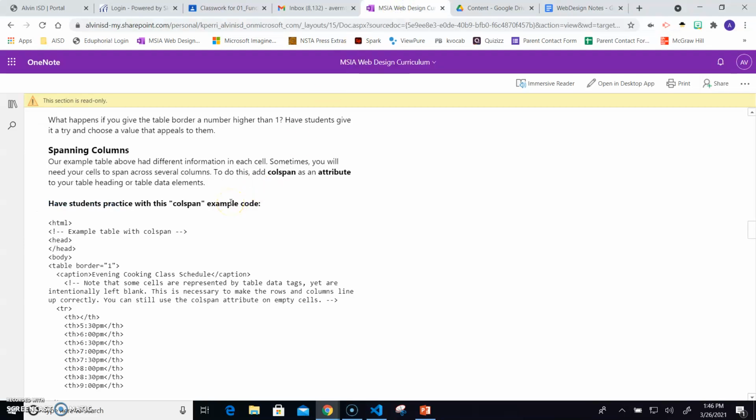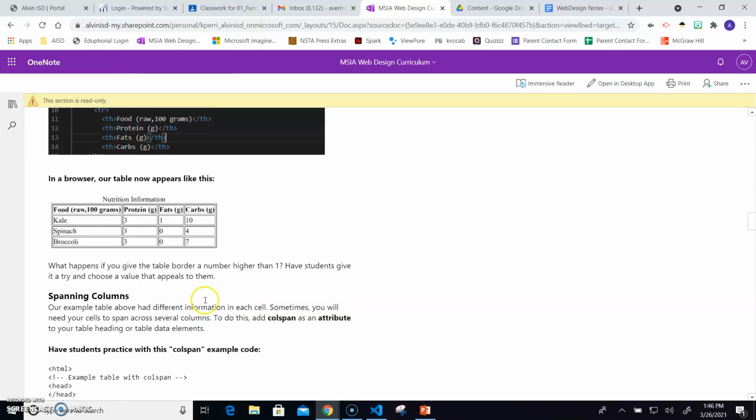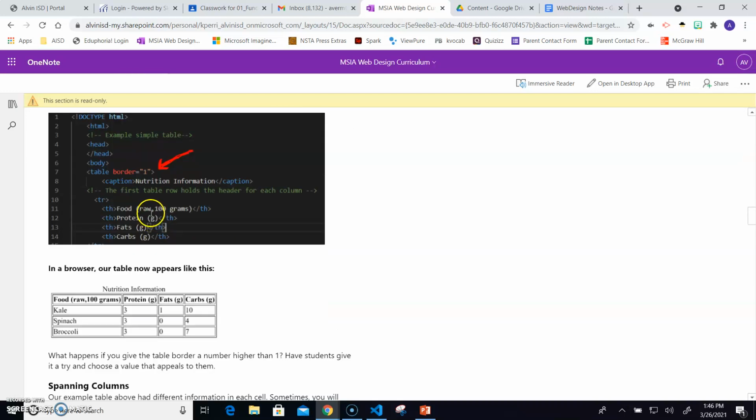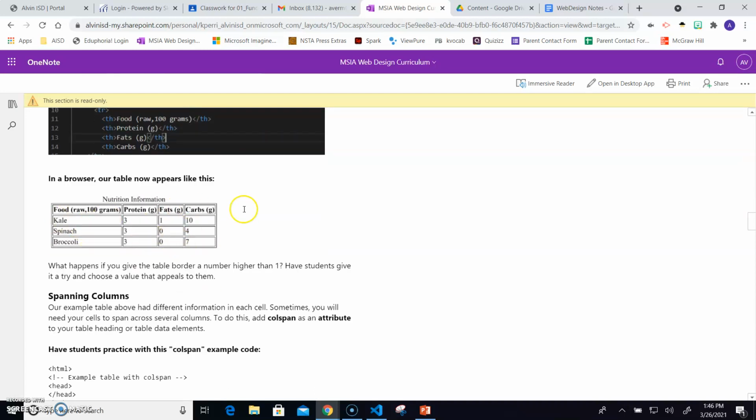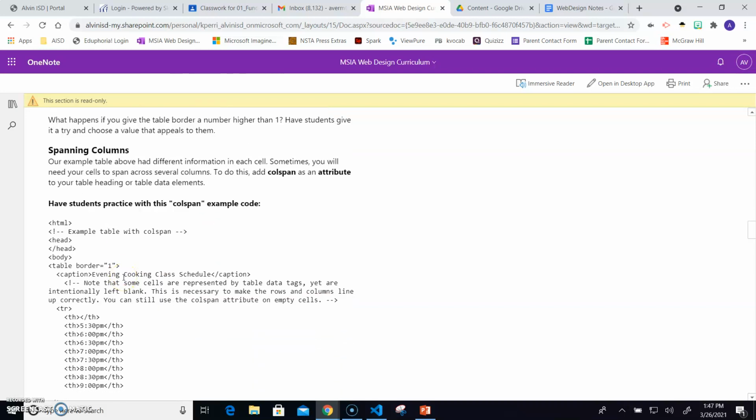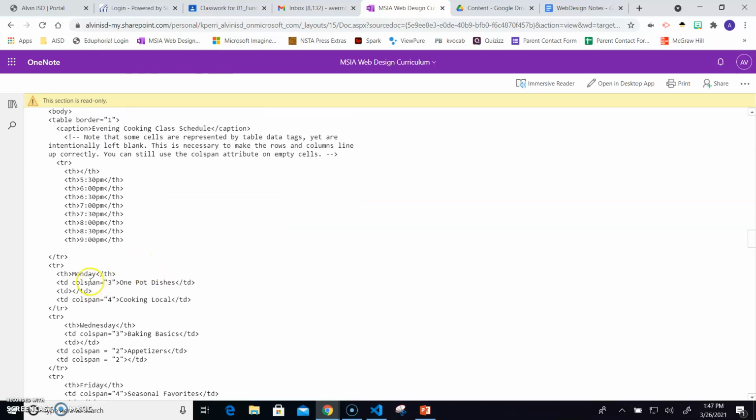So now we're going to learn a little bit more about tables. What we had here was just a basic table, and for the most part you're just going to be using stuff like this. Obviously just create more columns or more rows, things like that. But one thing that might be useful is a column span or colspan code, which would allow you to increase the span or the stretch of a column